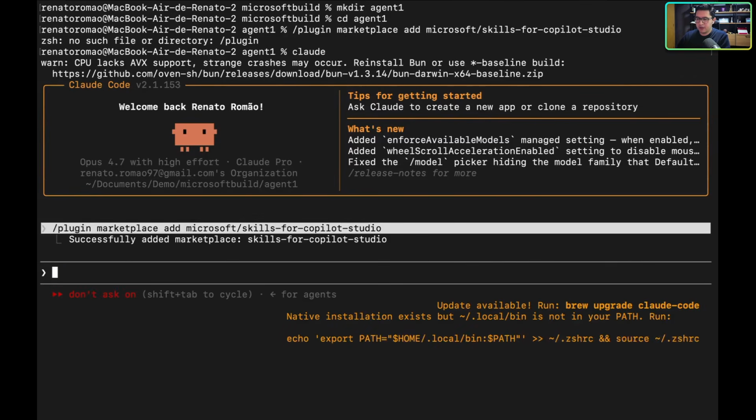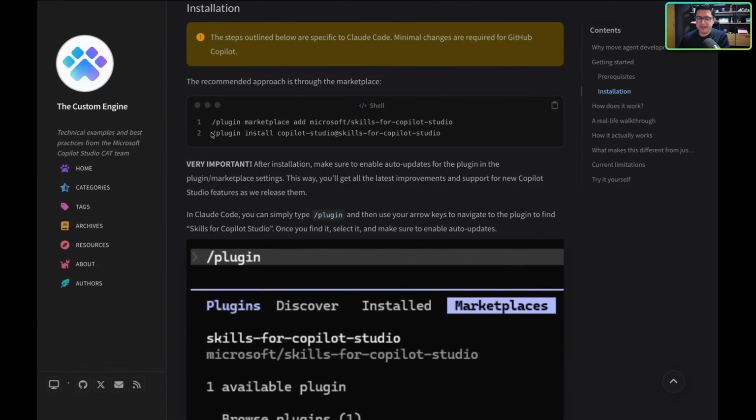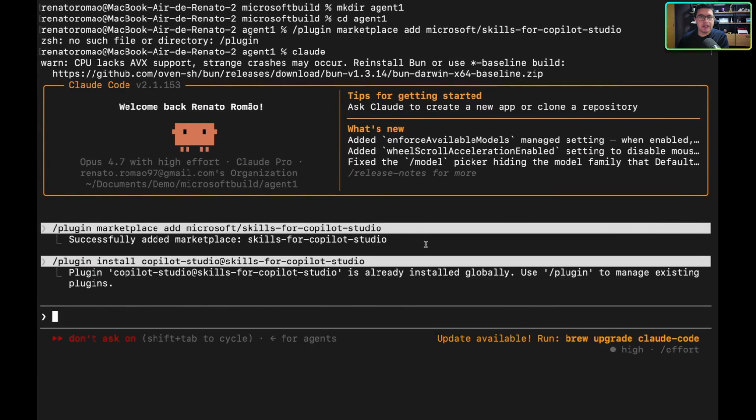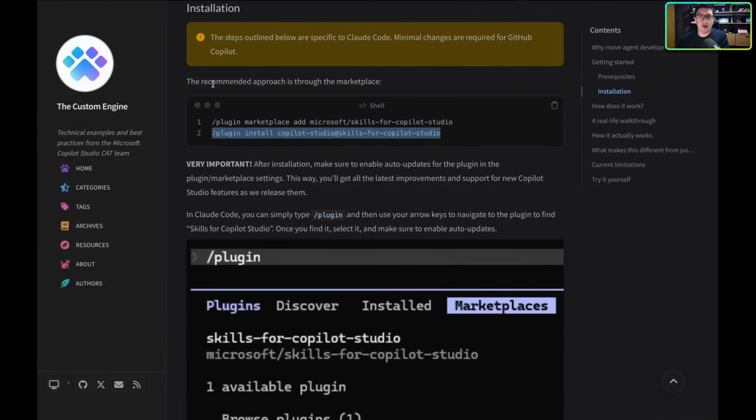Here we go. All done. So let me copy the second one. Paste the second one. Yeah, all good as well. So right now I can start using Copilot Studio in my machine connected to Claude. But one of the prerequisites to have your AI agents ready is to create your agents in the Copilot Studio